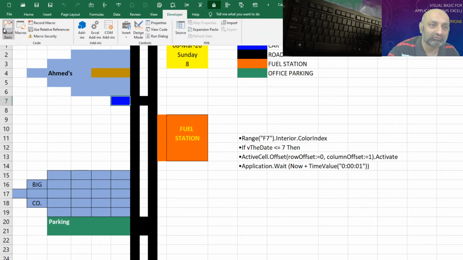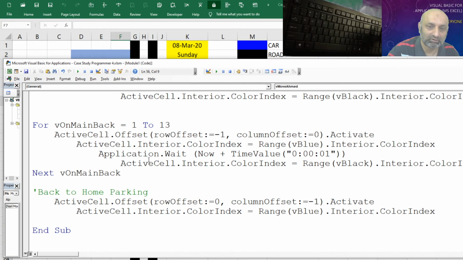Now what we need to code. Mr. Ahmed is going to work at office. He's not going to just go there, park the car, pull his car out of the parking and come back to his home. So what we need to code is that if Mr. Ahmed is at home, he should go to office, and if he's at office, he should come back to his home.